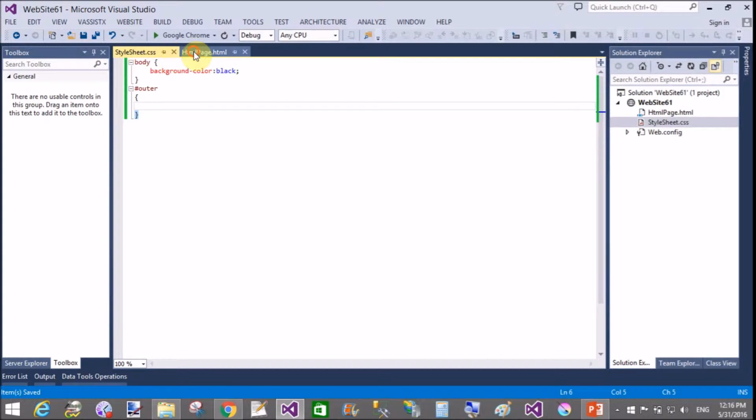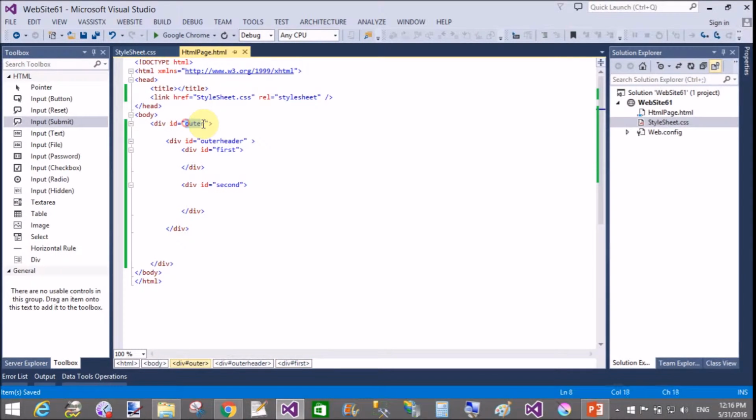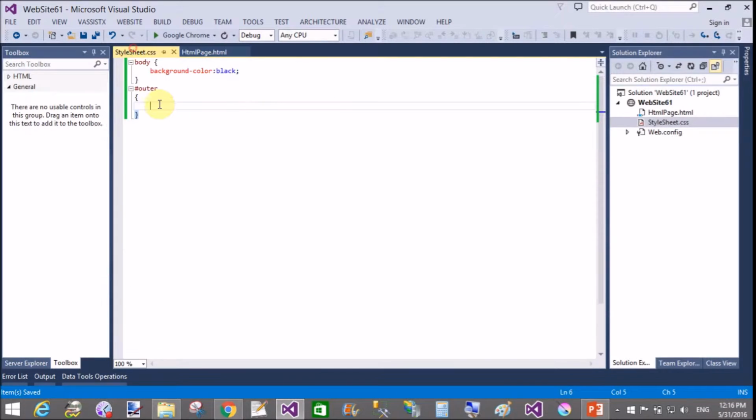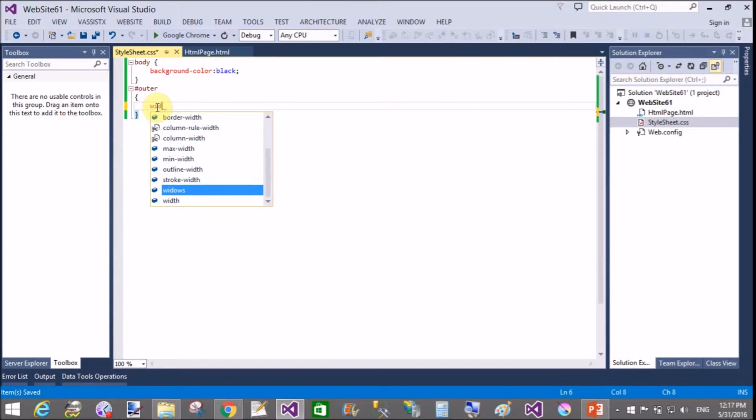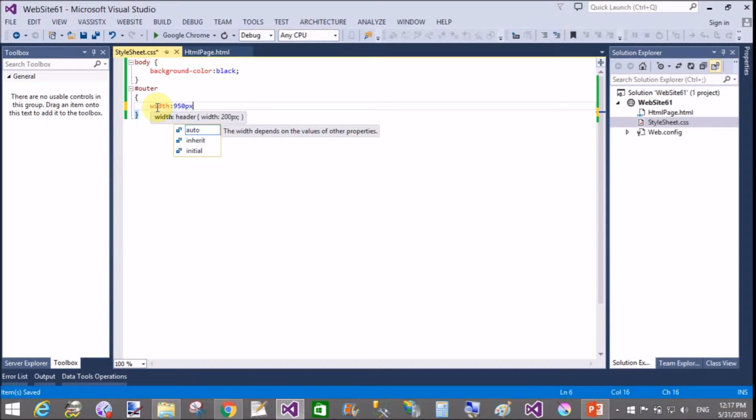This is the outermost division which covers all other divisions. So here we have a template whose width is 950 pixels, and the margin is 0 pixels from the top, auto on the right side so it adjusts automatically, 0 pixels on the bottom, and auto on the left.